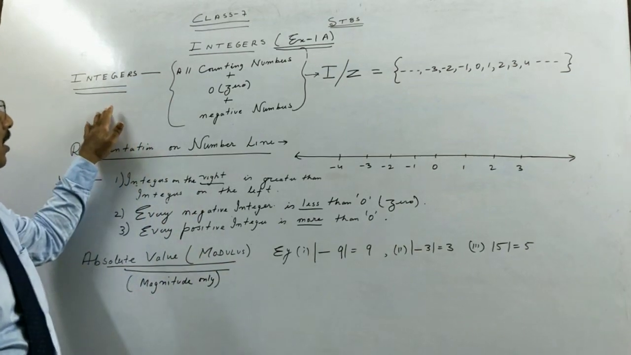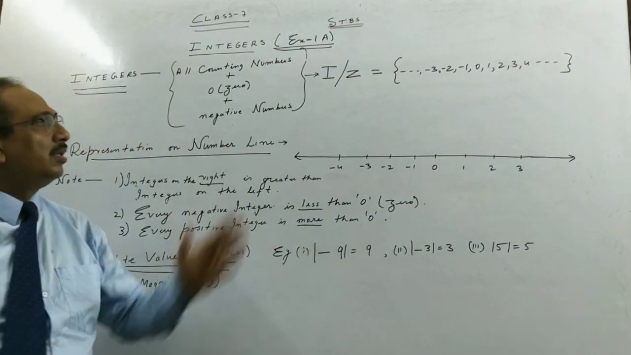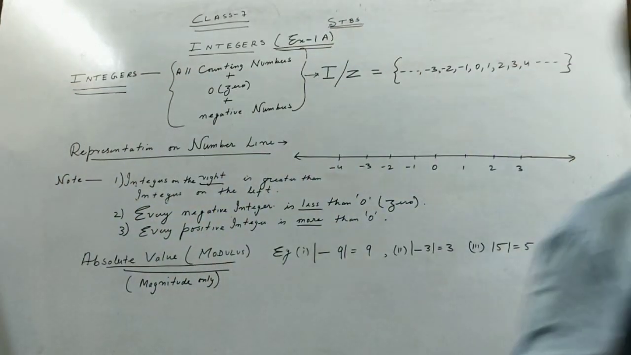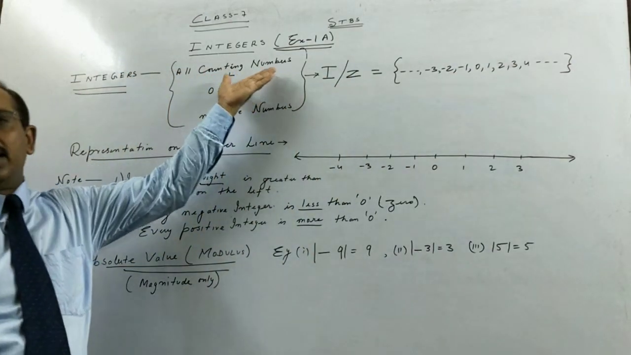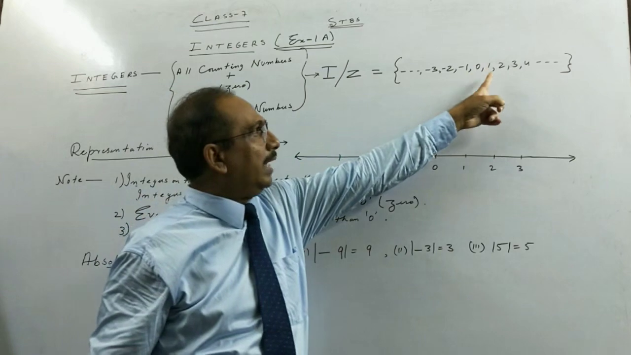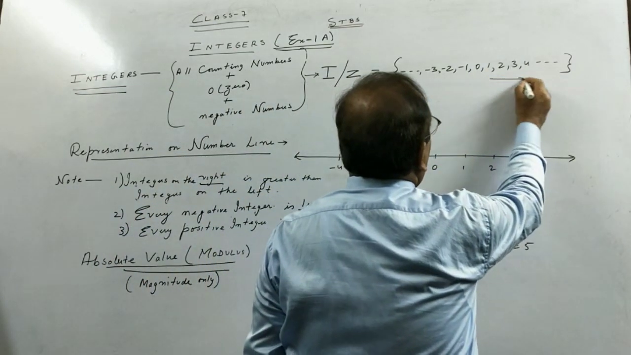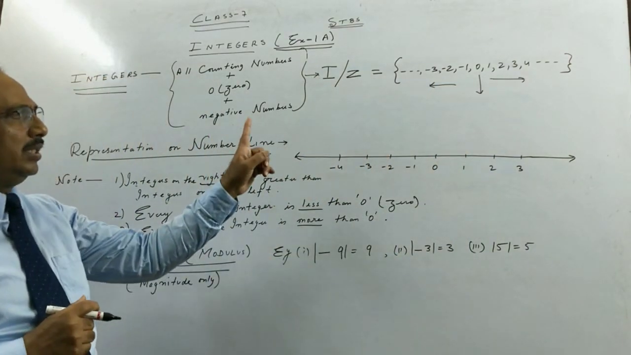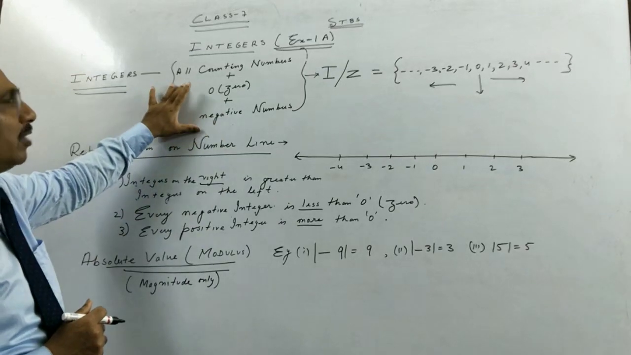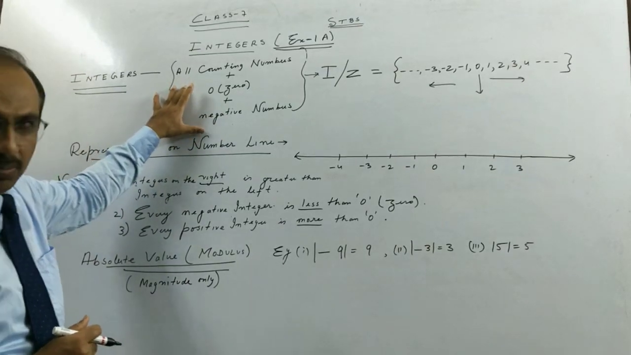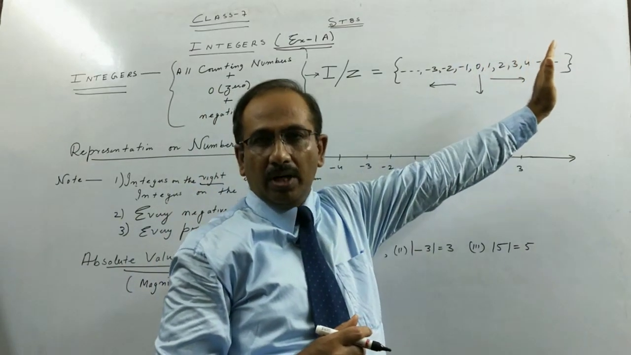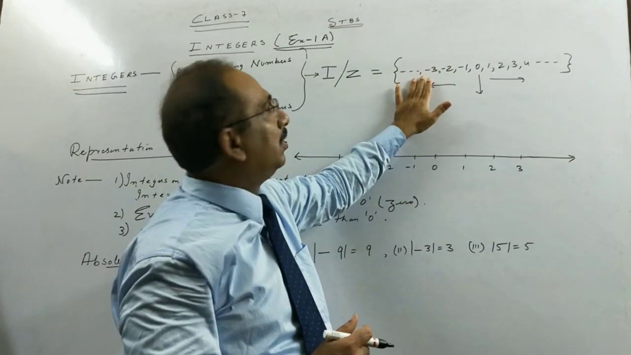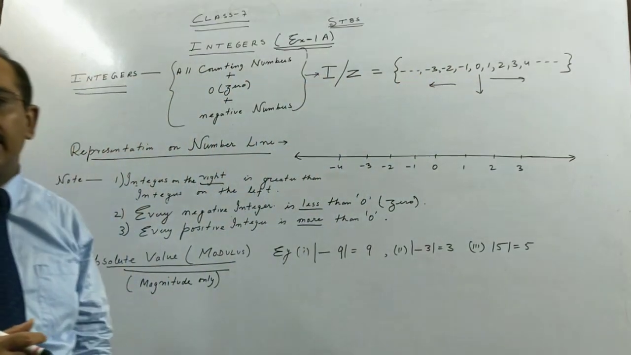So integers are three types of number. Number one, all counting numbers. All counting numbers, we may call them natural numbers, plus 0, plus all the negative numbers. All these three together make what we call a set of integers. Once more, counting numbers, natural numbers, 1 onward, 0 and negative numbers give us integers,